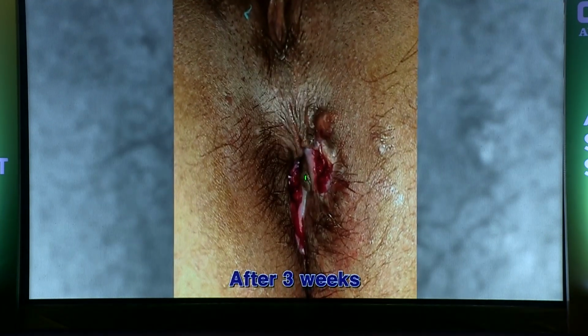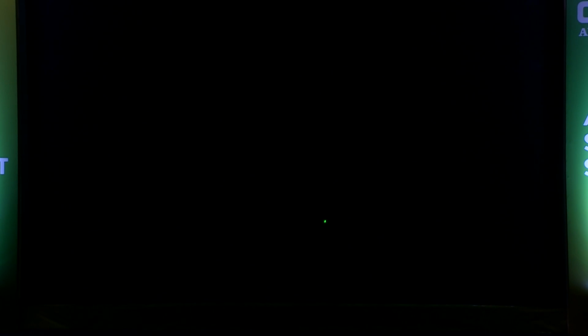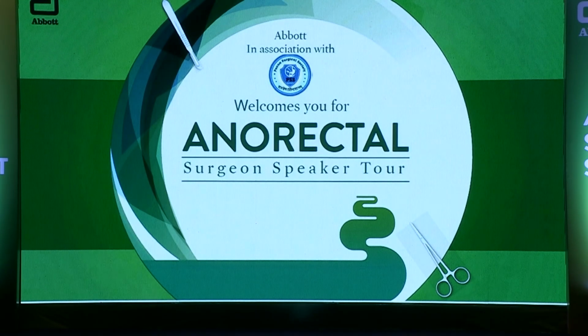After 3 weeks, and I don't have the picture of it, she took 3 months to heal up totally. In fact, I should have put that video, photograph of the